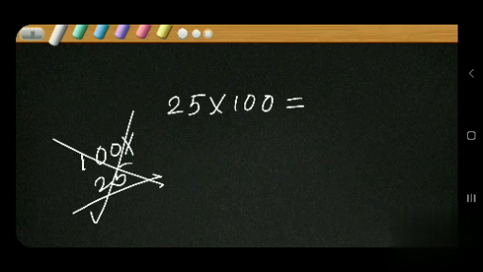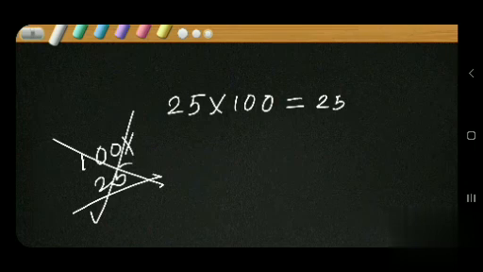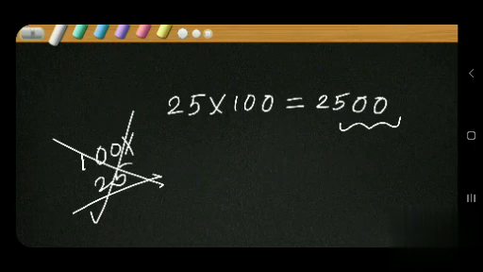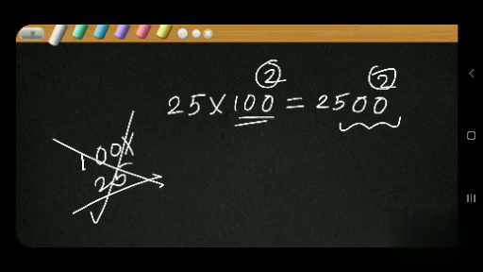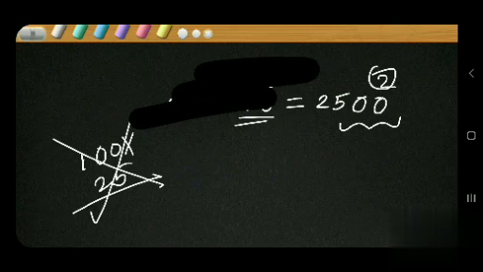What is to be done for multiplying a given number by 100? Yes, just write the given number and put two zeros on the right side of that number. Why do we put two zeros here? Yes, in 100 there are two zeros, so two zeros have to be put here also. Understood? This is easy, isn't it? Hope you all understood that well.